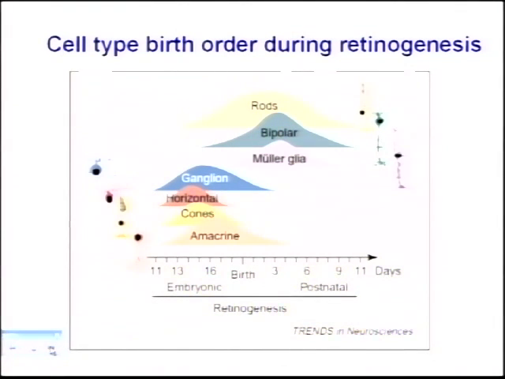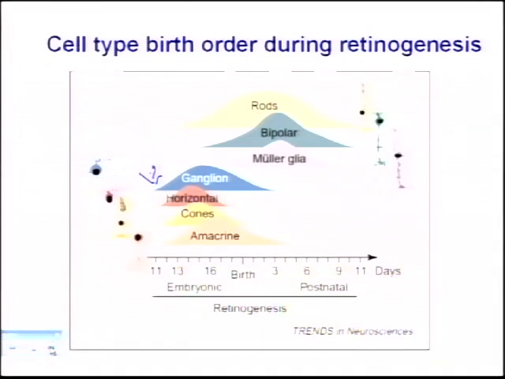All right, so the way these cells form is really quite spectacular, and many people have studied this over the years. They form in waves of differentiation, temporal waves of differentiation. In all vertebrates, not just mammals, ganglion cells are the first cells to form. And one of the reasons we became interested in ganglion cell development is because the ganglion cells were the first to commit to their cell fate.